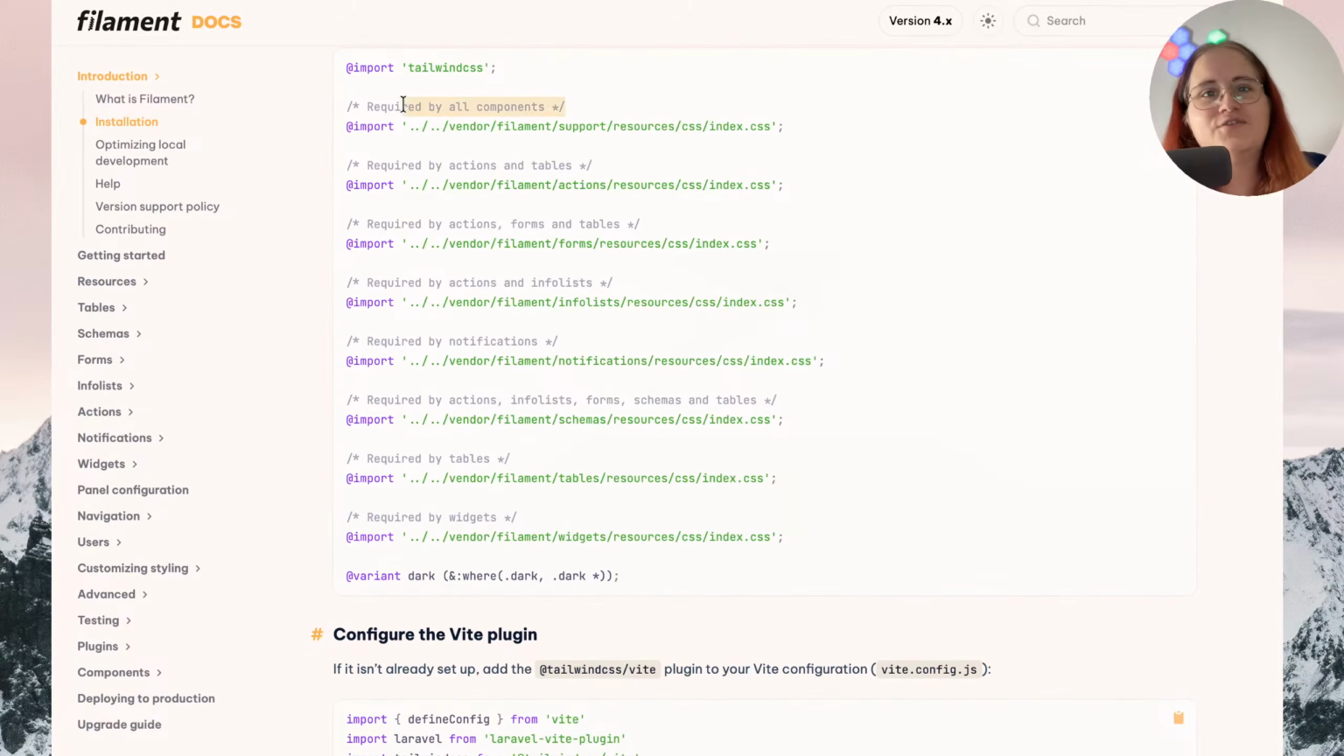I guess I also have to read the comments. Required by all components. Required by actions and tables. Required by the actions, forms, and tables. Add import